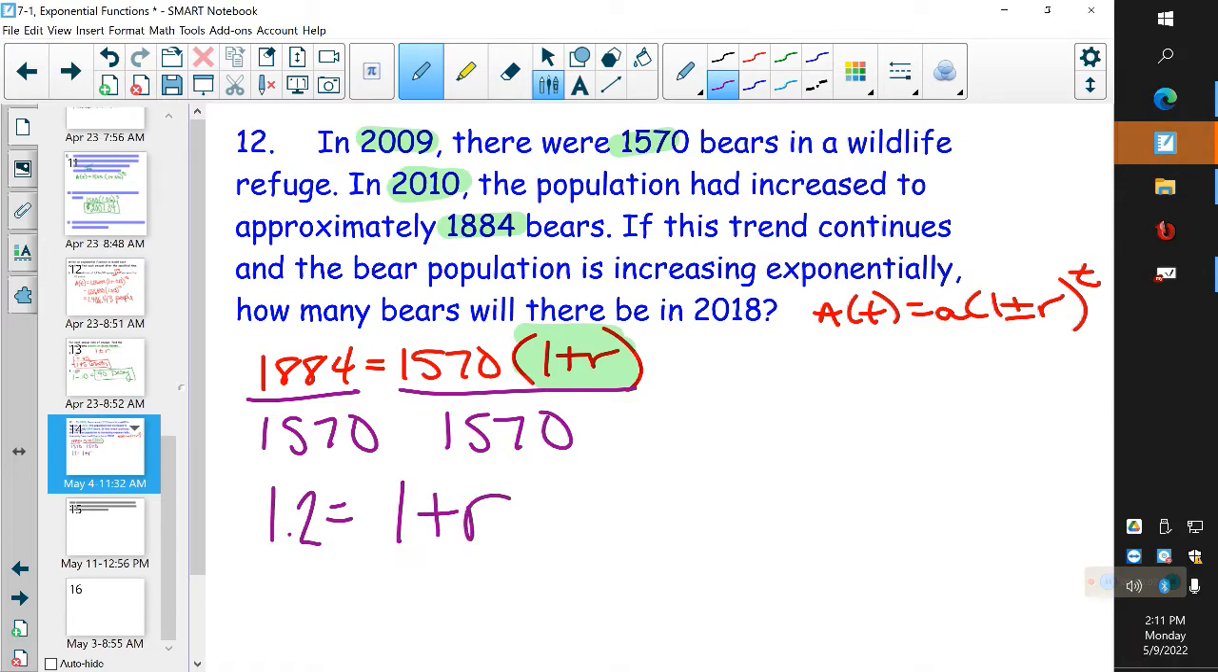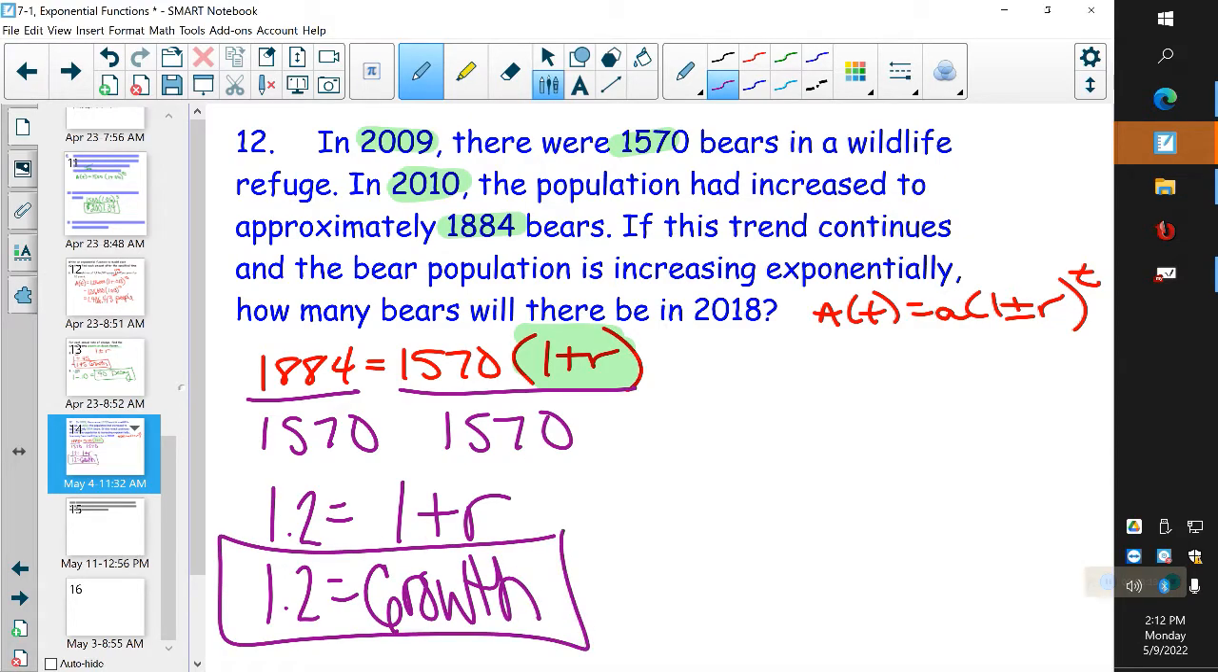What does 1 plus r represent? 1 plus 0.2. What is it? The growth factor. So 1.2 is my growth factor for this region and this refuge for my bears. Does that make sense? So whenever I go to plug it into my formula over here, this 1 plus r I already know, don't I? I know that to be